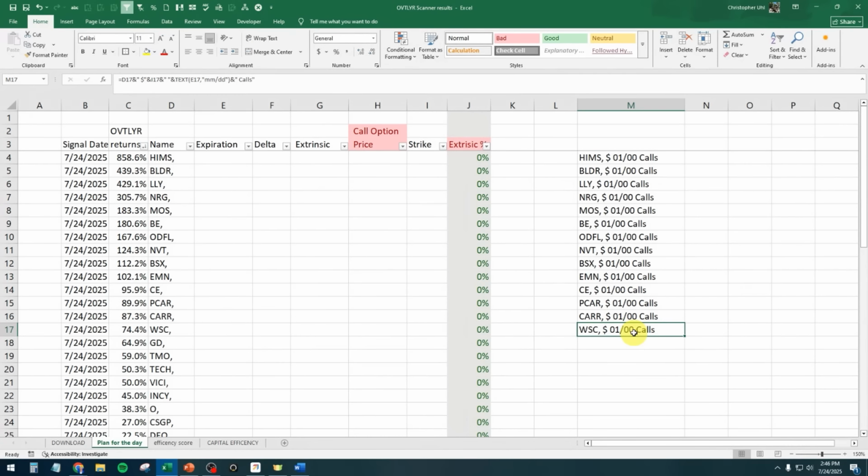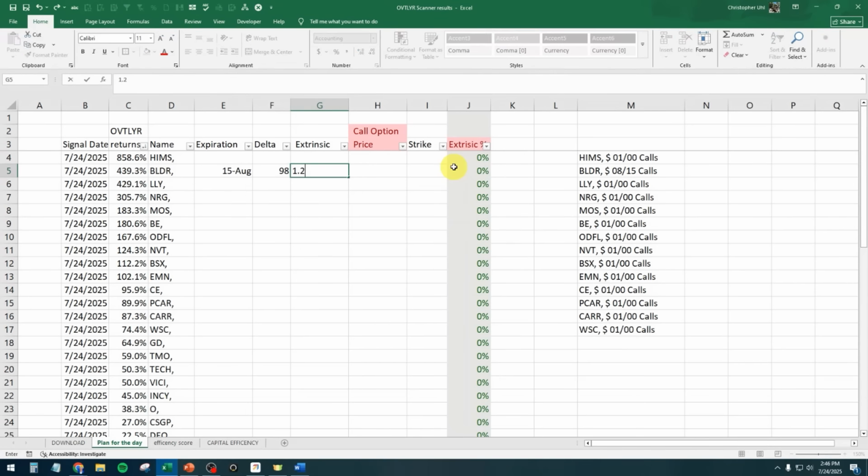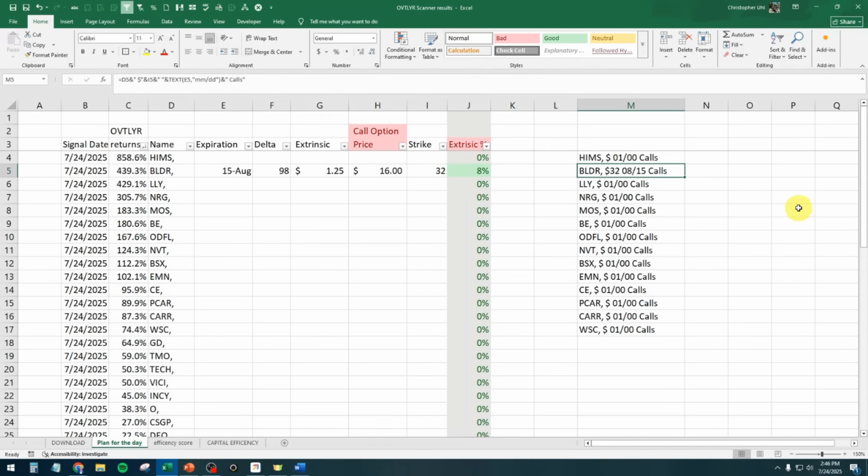Now you'll notice this over here. These are just formulas, because I'm really, really lazy, I can drop these in Discord so you guys can know what I'm looking at. So for example, if I look at like 8, 15, 94 delta, 98 doesn't matter, 1.25, call option price is $16 with the strike of 32. It'll build that in so I can say, hey, these are the ones that I'm looking at today. Makes it easy. So you can keep that, you can delete that, doesn't matter. It's just really for copy pasting sake.